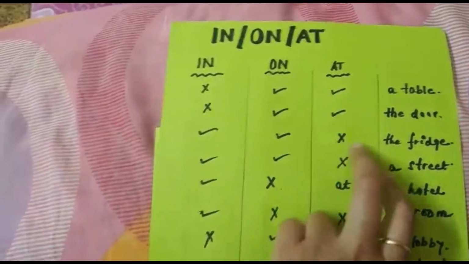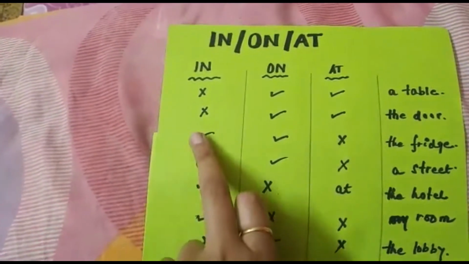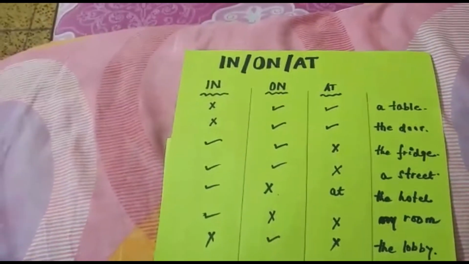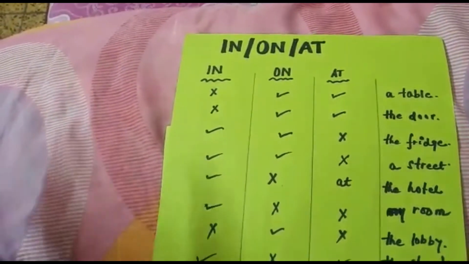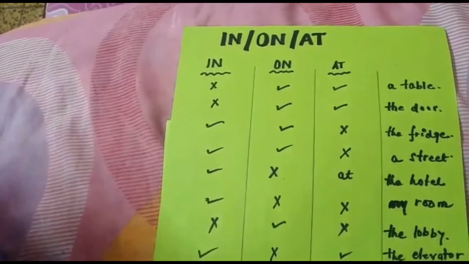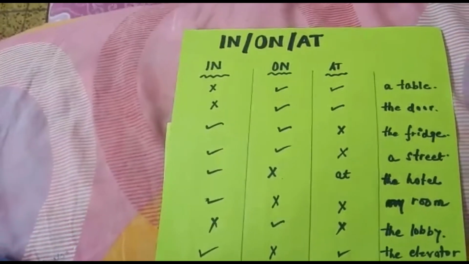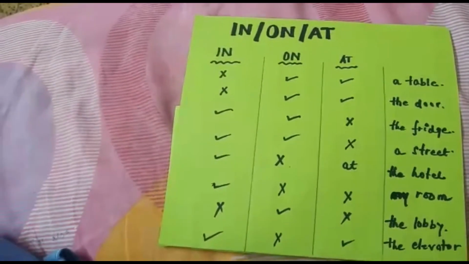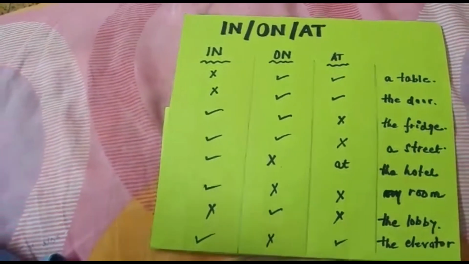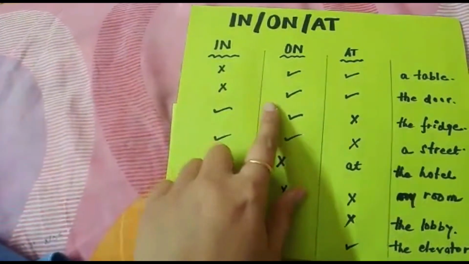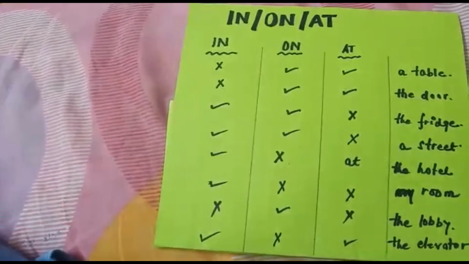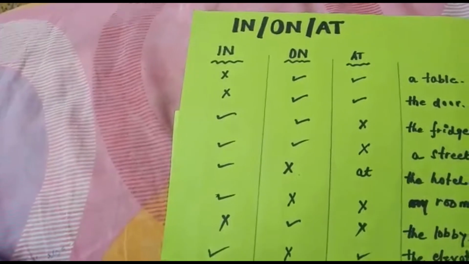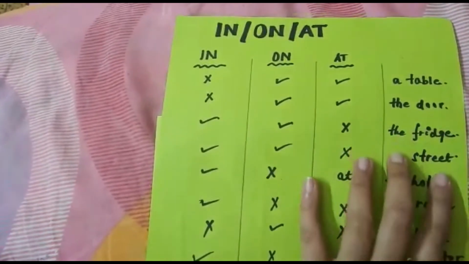We do not use "at" with fridge, but we use "in" and "on". How? I'm telling you, a very common example like fruits are in the fridge. Okay, so it means fruits are one object and fridge is the other object. Fruits are inside one bigger object. What is the bigger object here? Fridge. And fruits are inside that. Okay, it means fruits are completely covered by the bigger object. Next is "on". Suppose when we talk about sticking something like a magnet or any stickers, then we use "on" with fridge. Okay. Next is street.